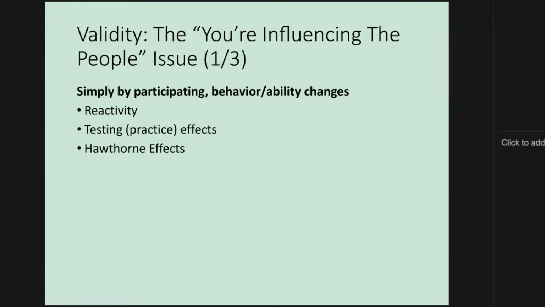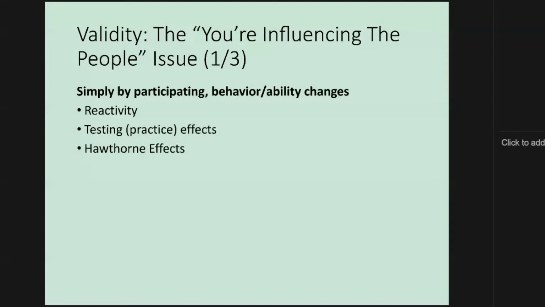One type of influence is also testing, or what's called practice effects. If a research participant takes the same kind of measure multiple times in your study, we may not actually be measuring their true score on that measure at time 1 and then at time 2. We might see an improvement, but it's not because their true score improved. It might just be because they're becoming a better test taker. They know better what the researcher is asking for and they start providing that.